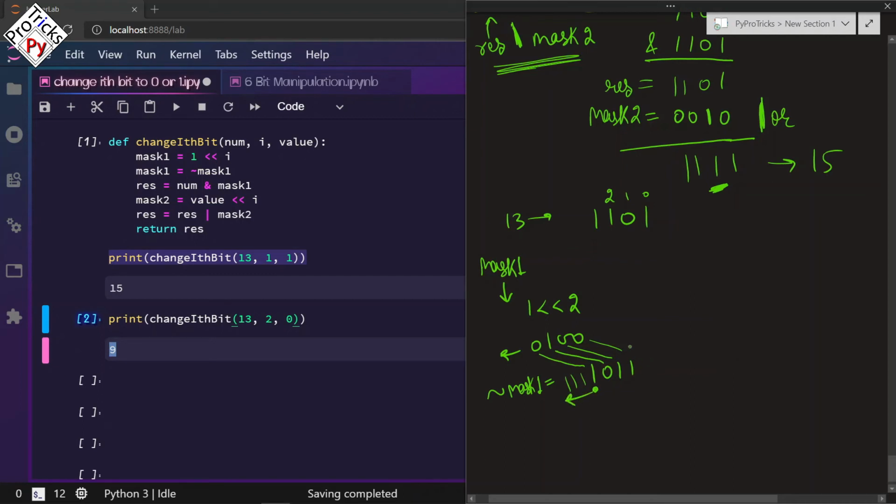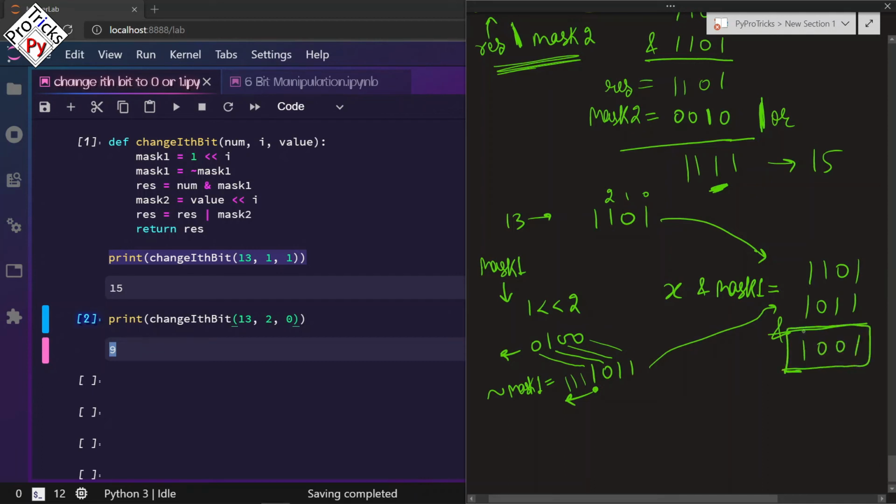Okay, now we are going to do the AND operation between x and mask 1. We have this x here, the number 1101, and the mask 1 1011, and we are going to do an AND operation between these. It will be 1 0 0 1. So this is our intermediate result, RES. Now let us create mask 2 here.